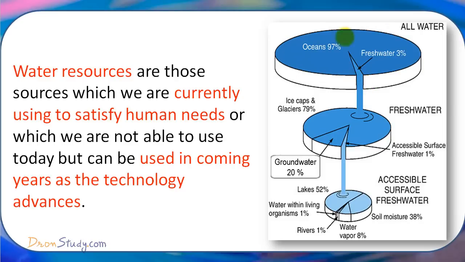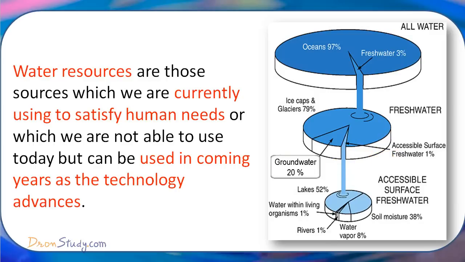So, the earth is covered with water, and that has 97% of oceanic water, which is brackish and salty water. Only 3% is fresh water, which is fit for human consumption. This 3% of water is further divided into ice caps and glaciers, that is 79%, and groundwater, 1% of accessible